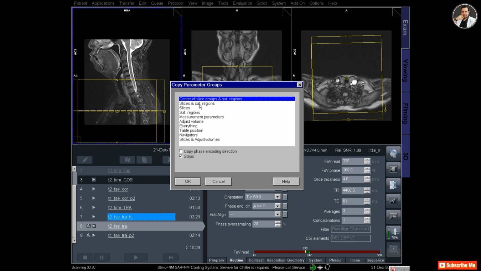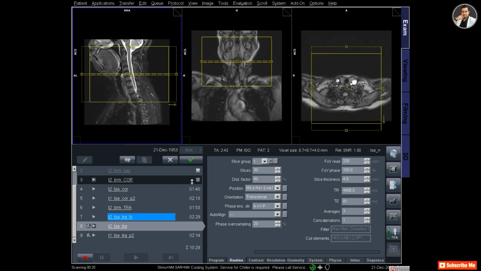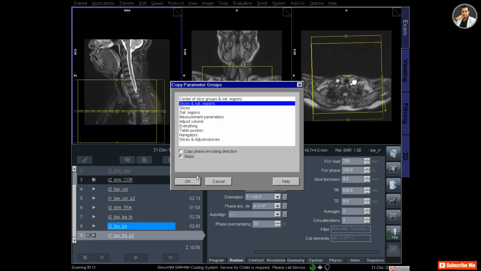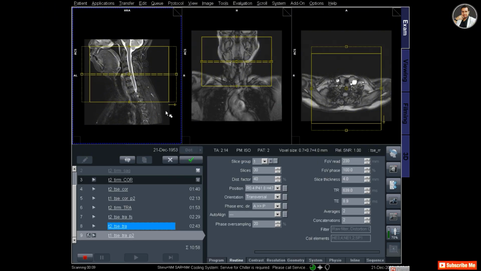And now T2 transverse open, and I'm copying the planning from the T2 transverse fat sat that I planned before, and then click apply. And for T1 transverse, copying the planning from T2 transverse, slice and saturation and click apply.